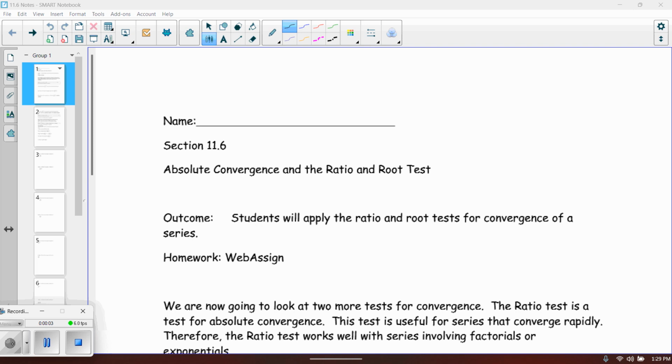All right, so this is section 11.6. This is actually going to cover the last two of our series testing for convergence and divergence. This is probably my favorite section, probably because of the algebra involved in doing it. I just enjoy the algebraic part of this one. But it also is probably one of the more important of the